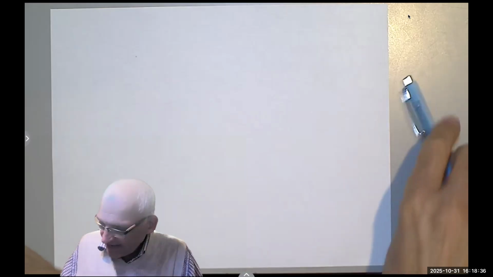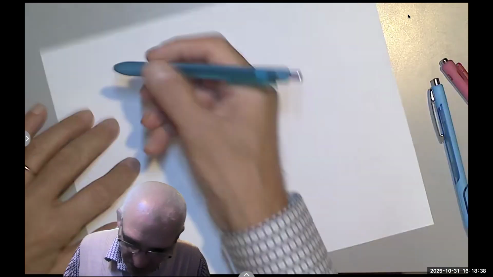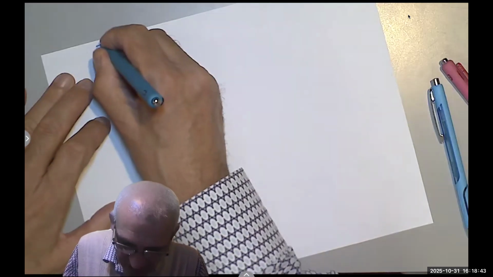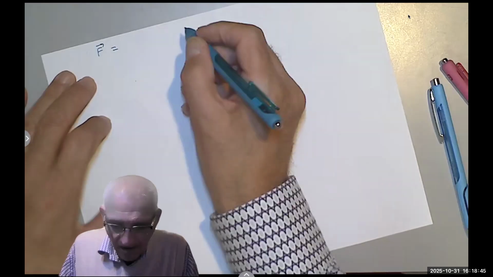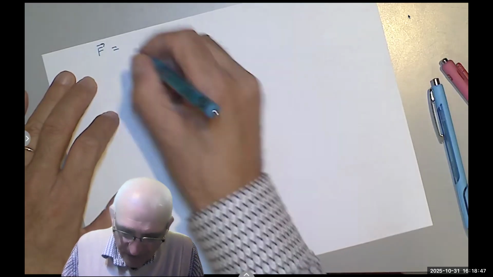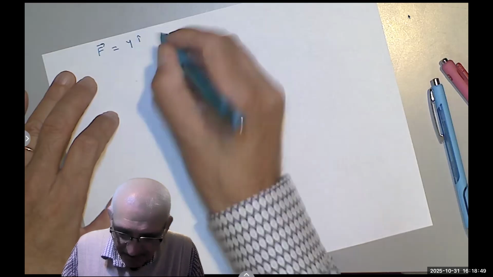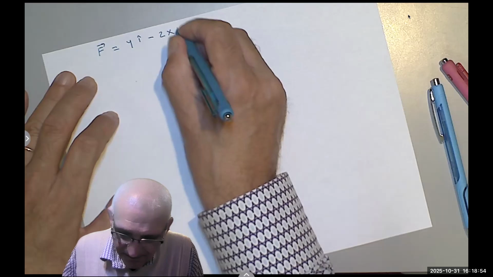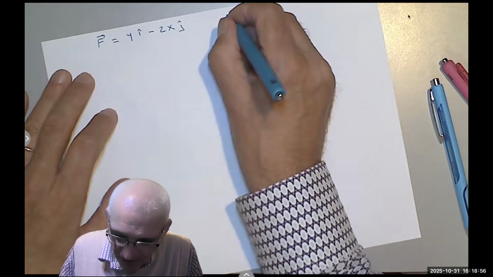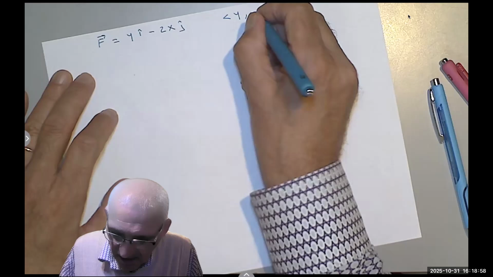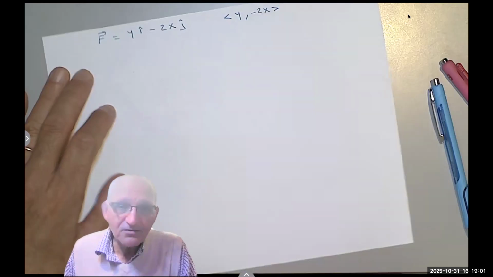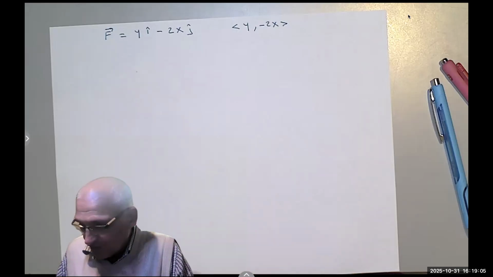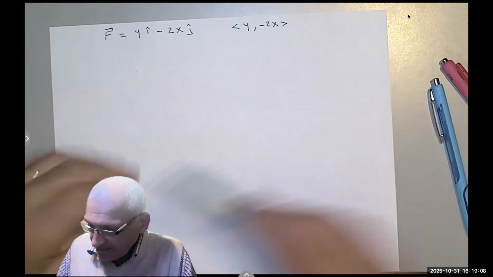So here's the example. It's going to tell you your force. If we write the force in vector form, it is yi minus, let's say, 2xj. Or you write it as y, comma, negative 2x if you are more familiar with this shape or form, I mean. Okay, but now